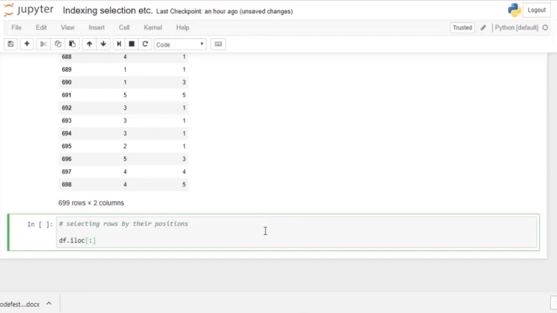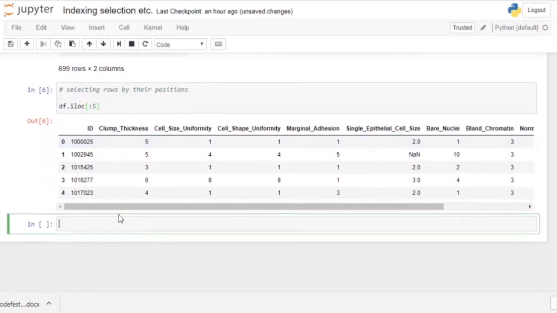So if I do something like this, it is going to start from 0 and go up till 4. So it is going to select row number 0, 1, 2, 3, 4, that is the first 5 rows of our df data frame. And when I run that, you can see that it has selected 0, 1, 2, 3, 4 and all the columns of these rows. So this was how we can select rows by their positions.